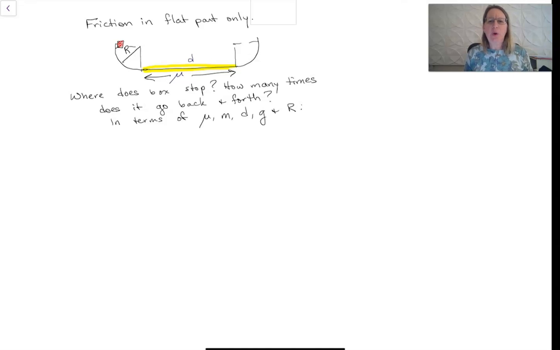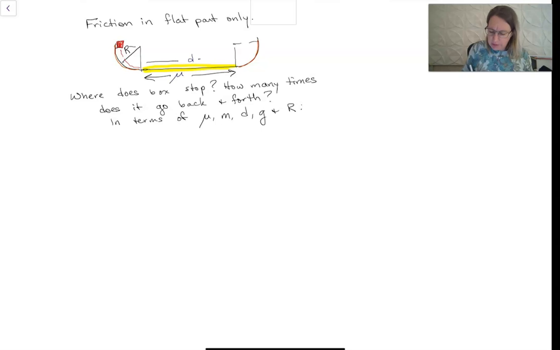This is an example of a problem where we're going to work out a solution without any numbers, but then you can put numbers in if you want to get a sense of how this feels. So the idea here is that we've got two curved sides, and they make part of a circle of radius r, and this little red block here is released from rest, so it slides down here, and then it encounters this flat part of length d